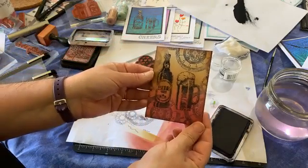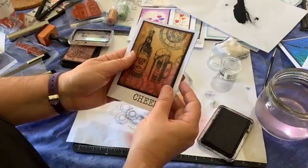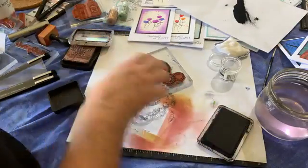So that's the little piece completed. So then all you're doing is putting it again on a black mat and then adding your little sentiment down the bottom. So that's the second one. So moving on to the third one,